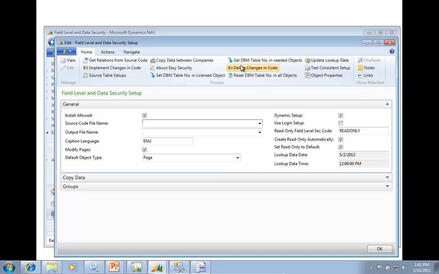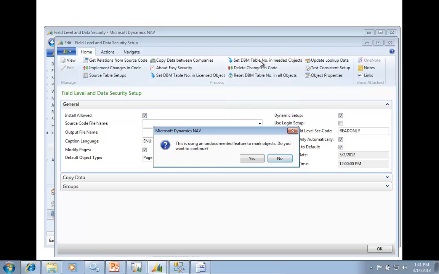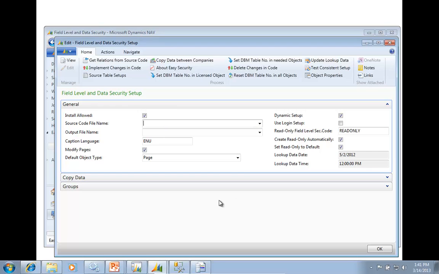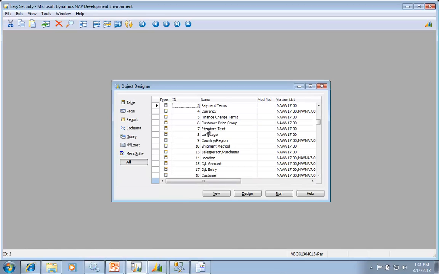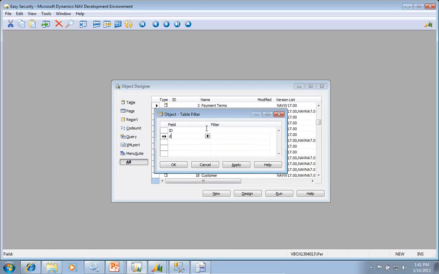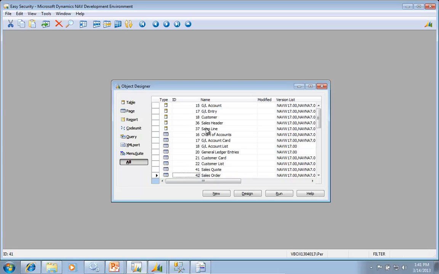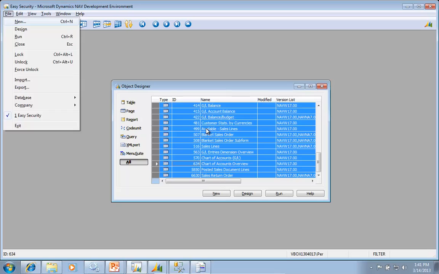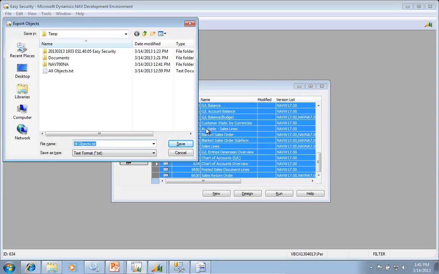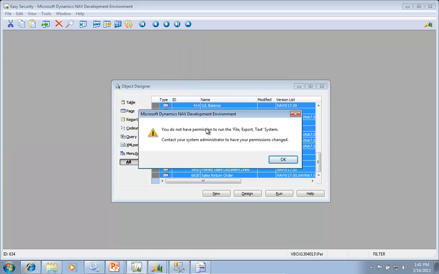So this one is a table, so I initially want to implement this one. I need to export objects, and to do that, I can actually set a mark in my objects. I now have put 72 objects where I mark them using the DBM table number. Set that to 1, so I can actually go in here and say, okay, I want now to filter on anything that has DBM table number set to 1, and it has marked these objects because that's where I need to do changes. This one is an initial install, and it requires a partner license because it's going to work on